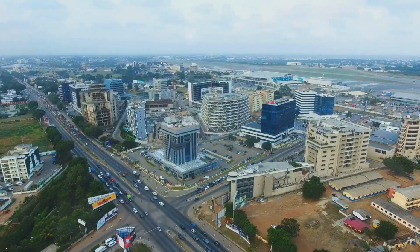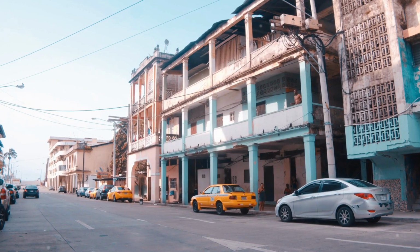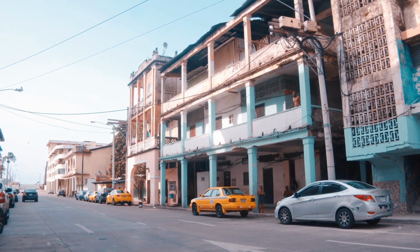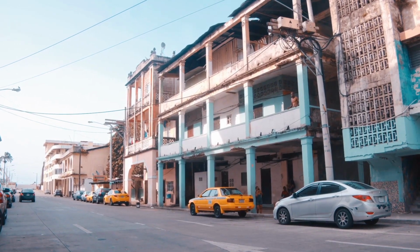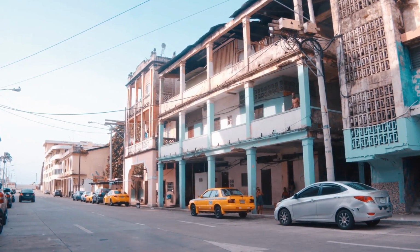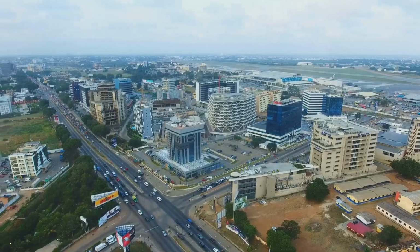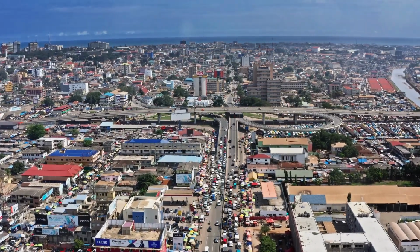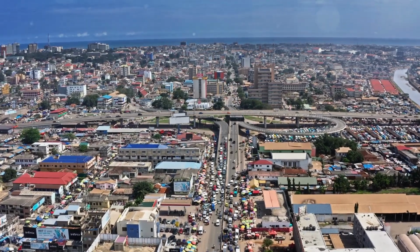From the moment you touch down, you'll be swept away by the rhythm of the city, the vibrant colors, the friendly smiles. The people here are known for their warmth and hospitality, making you feel right at home. It's like a party that never stops. Day or night, there's always something happening, whether it's a street performance, a local festival, or just the everyday hustle